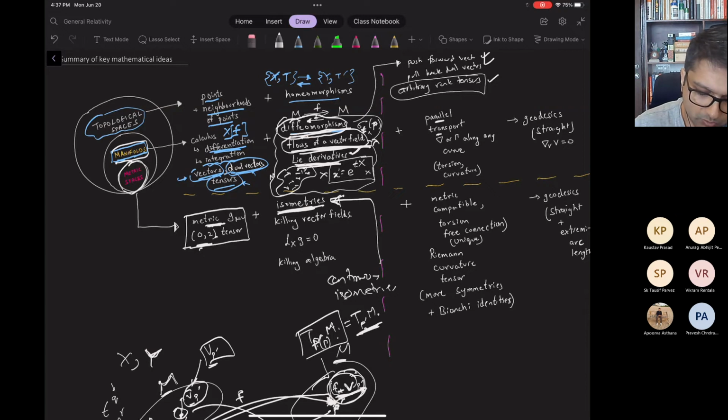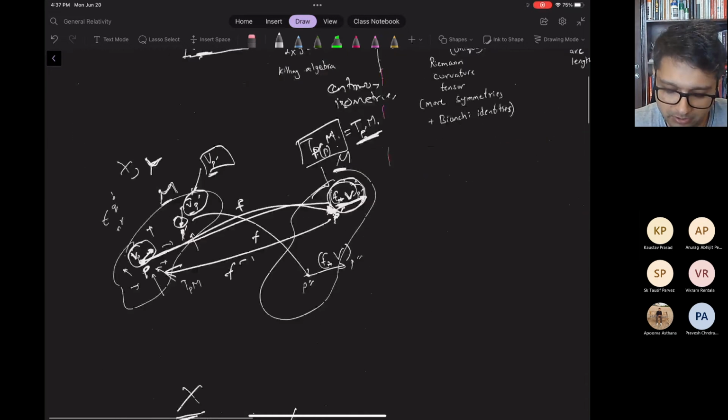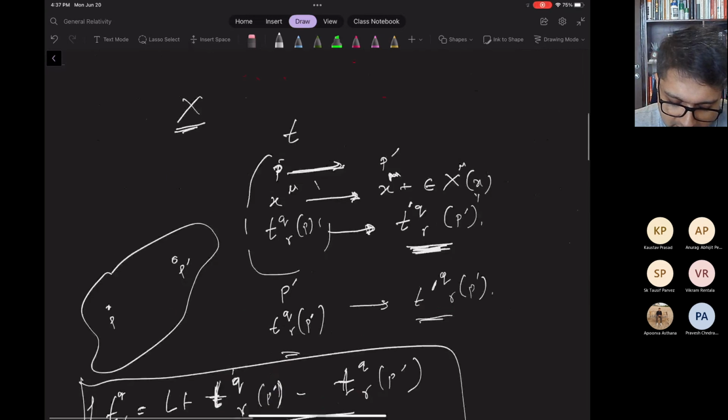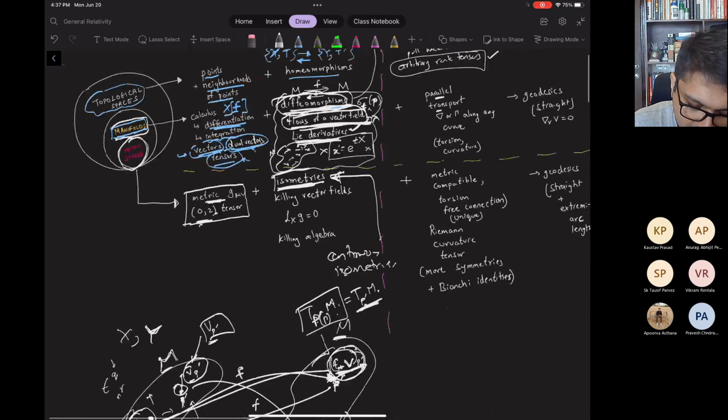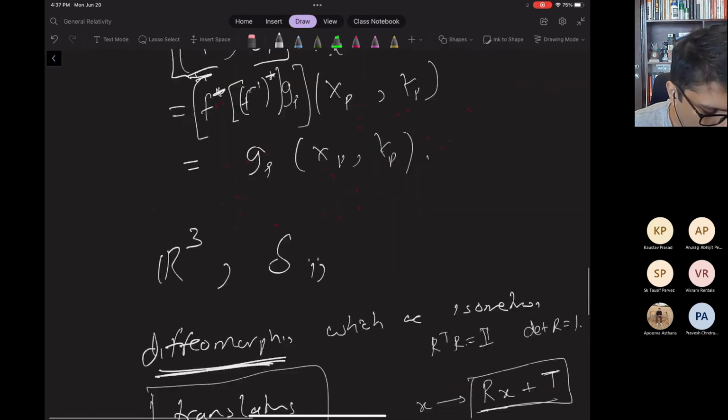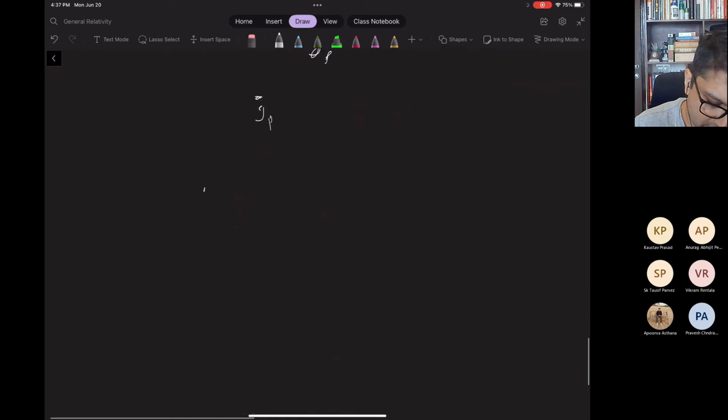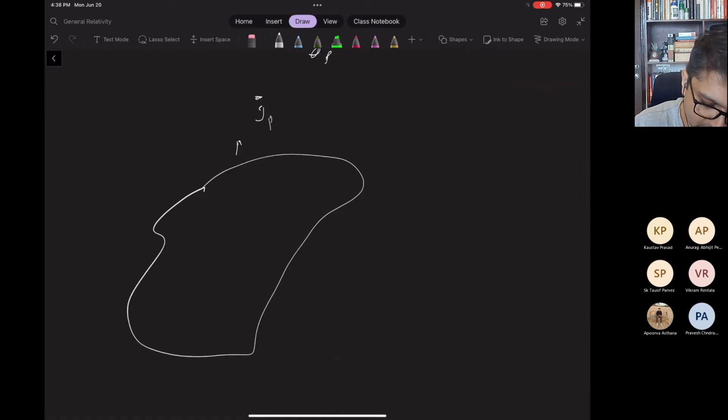Okay, so we've discussed how diffeomorphisms, or at least continuous diffeomorphisms, can be thought of as one parameter flows associated with some vector field. Similarly, these isometries are also diffeomorphisms, and they can be thought of as one parameter flows generated by a particular class of vector fields, and these vector fields are called Killing vector fields. Okay, so these Killing vector fields are such that if I have a manifold M